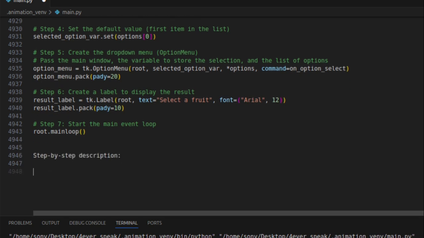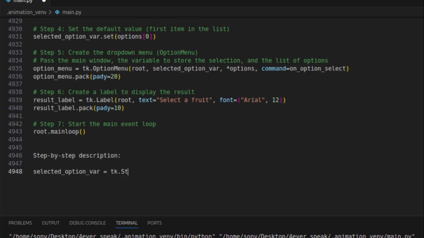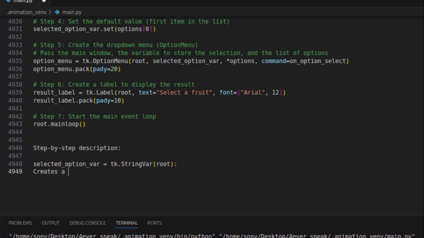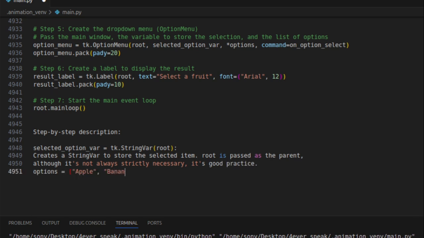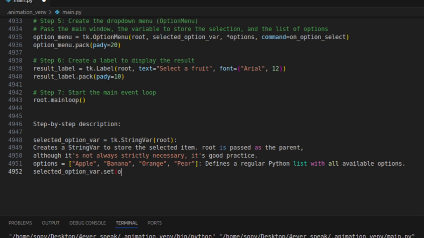Step-by-step description. selected_option_var = tk.StringVar(root). Creates a StringVar to store the selected item. Root is passed as the parent. Although it's not always strictly necessary, it's good practice. options = ["apple", "banana", "orange", "pear"] defines a regular Python list with all available options. selected_option_var.set(options[0]) sets the first item in the list as the default value so the